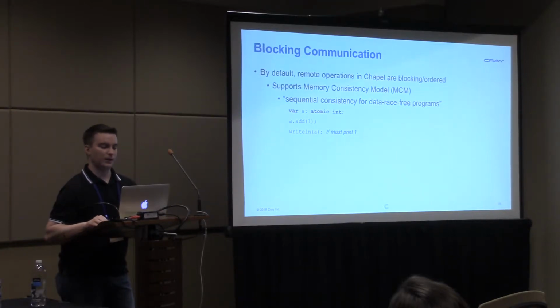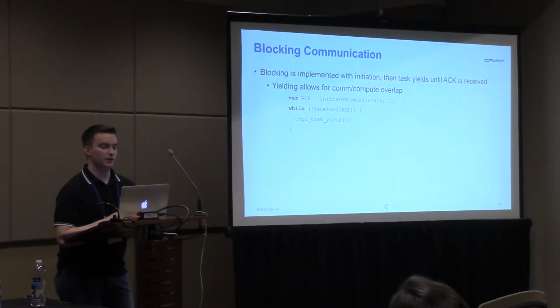And so if we look at how we implemented things to do this, we use blocking communication as kind of an easy mechanism to get sequential consistency. So if you're looking at how we implement atomics, well, basically we're going to initiate an atomic, getting an ACK, a pointer back, and then wait for the ACK, and while we're waiting, we're going to do a task yield. And here we're doing a task yield so that we can do communication compute overlap. Basically, while we're waiting for communication, maybe another task can do something useful. But what we noticed is that